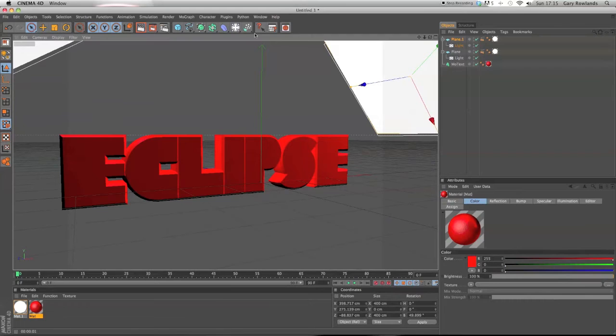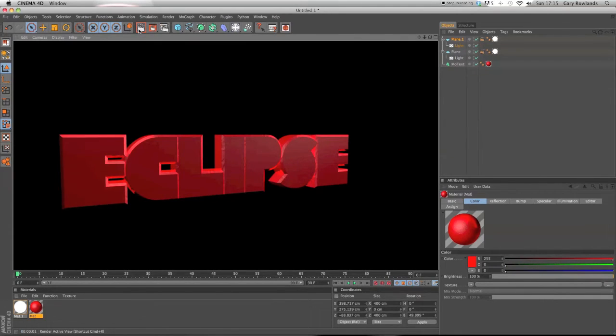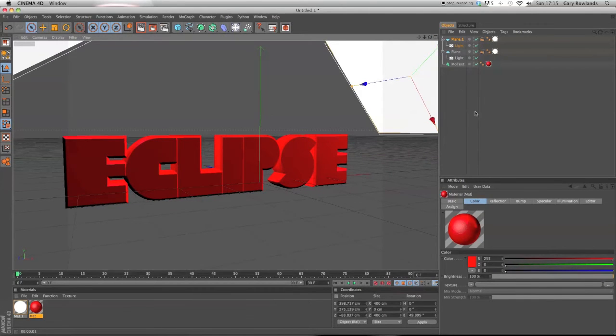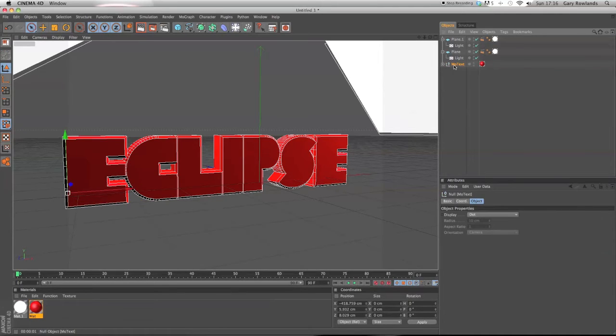Now you've got your text and it's got a shiny lighting and it's got a nice finish to it, but still it looks a bit boring. So I'm just going to click on your MoText and press C on your keyboard, and this makes it fully editable. So you click the plus next to this null sign once, twice, and three times, so it comes up with